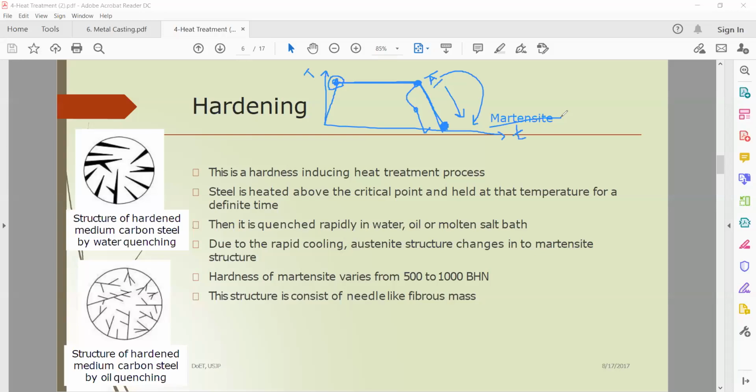So as usual, what's the reason for doing this hardening process? The common purpose of this heat treatment process is to change the properties, right? To increase the hardness or wear resistance, or the surface life of this steel. You need to do this hardening process. Okay, another important thing,